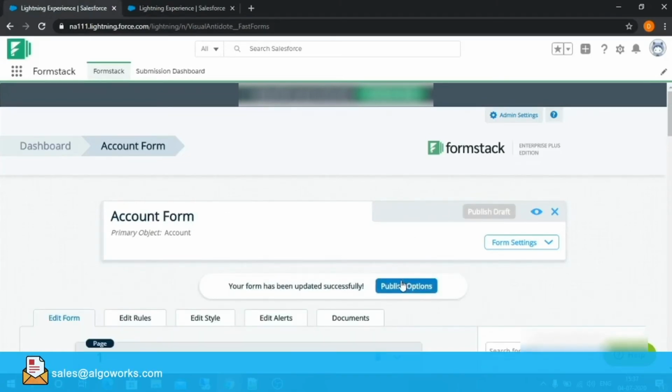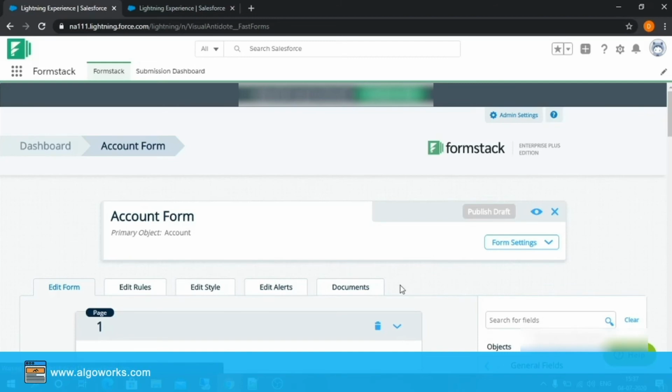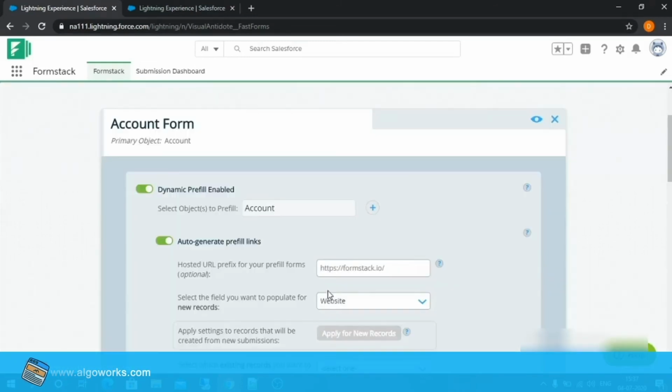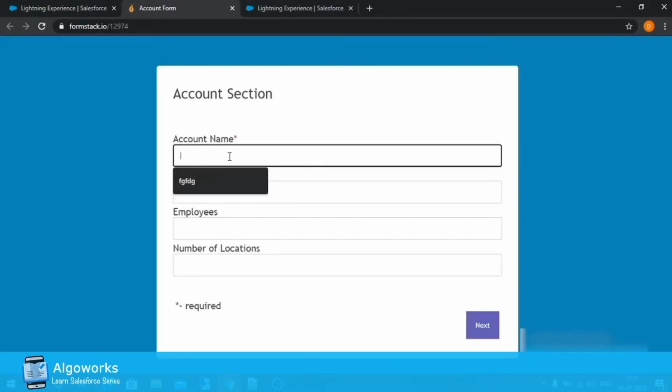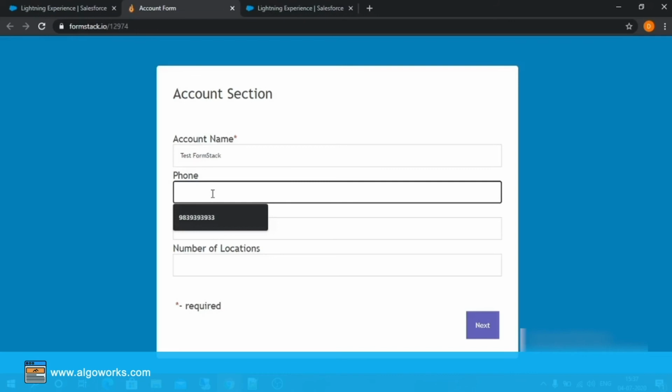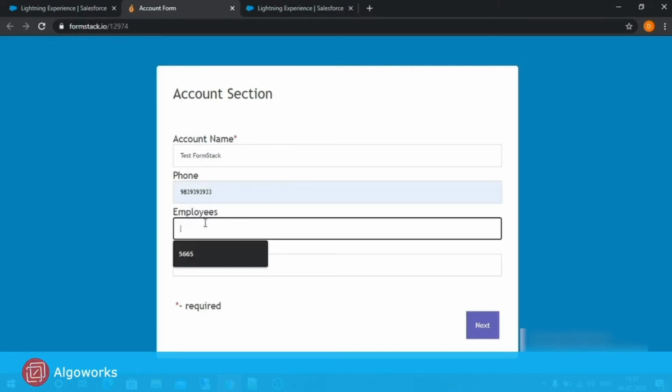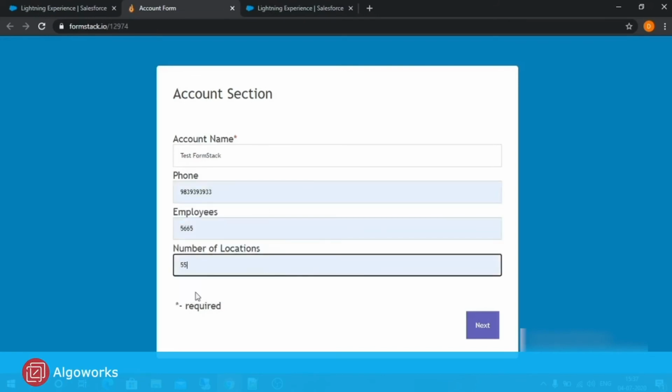Now let's go and check whether our functionality is working or not. Now I will create a record. Let's name it test form stack. Phone number can be any. Let's input this one only. Employees can be any. Locations can be any.